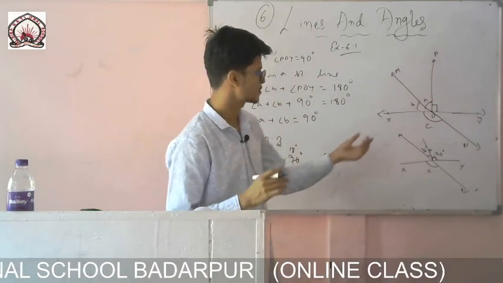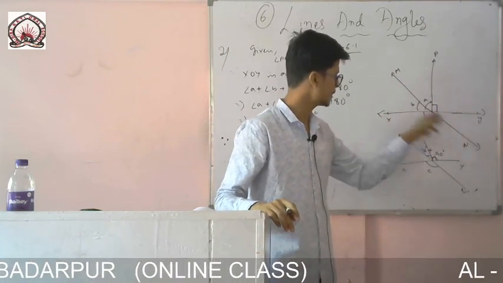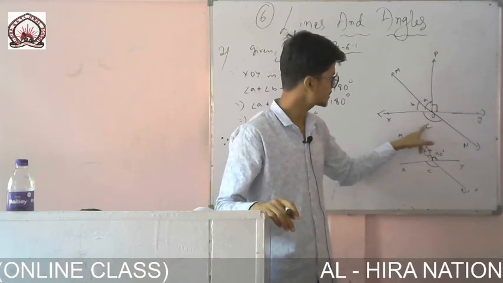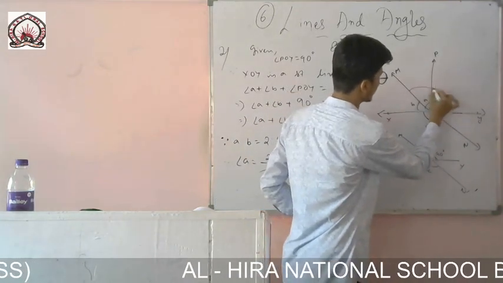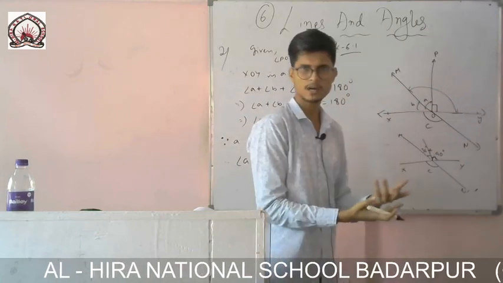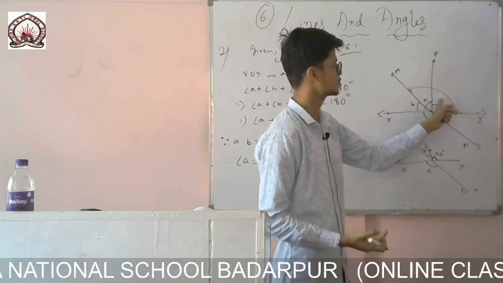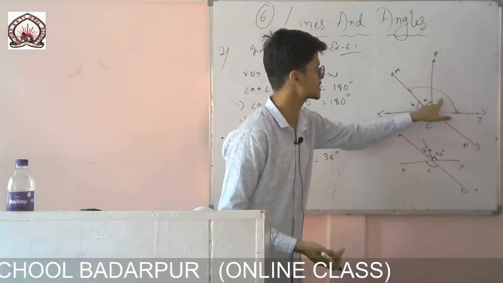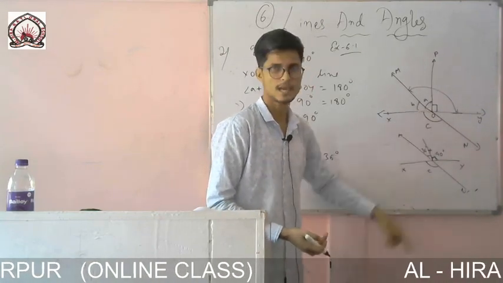Again I am saying, you see here, this line MN and this XY pass through one another, and this is the point of intersection. This one angle C and that whole angle from here to here is equals to that one, because they are vertically opposite angle. So measure of C will be equals to angle A plus this one 90 degree. A, what is the measure? It is 36. That means 36 plus 90 will be equals to that one, because they are vertically opposite angle.